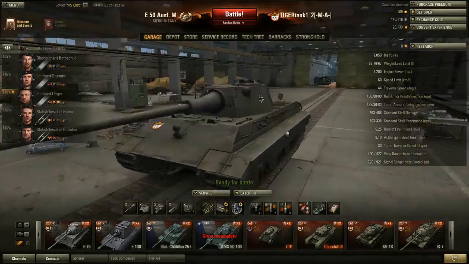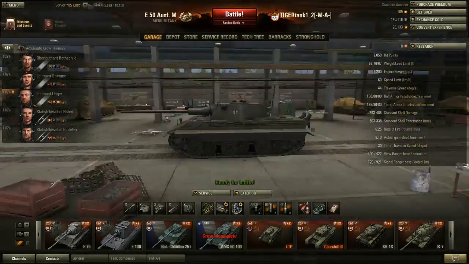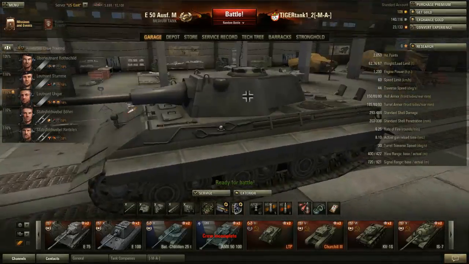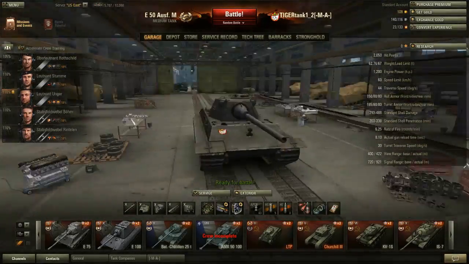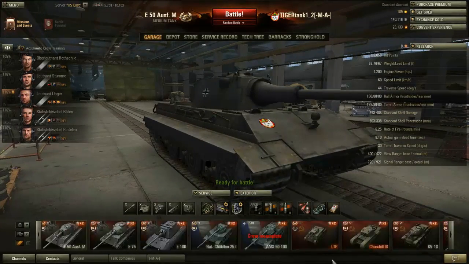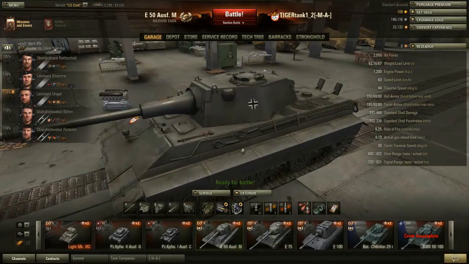Today we will be covering the E50M, one of the two German Tier 10 medium tanks, and this will be one of the last what to expect videos. We only have the Bat-Chat and the T92 afterwards. After that, I'm finished with the tier 10 what to expect videos because I don't have any more tier 10s. I think I will start with the tier 9s until I get the next tier 10,